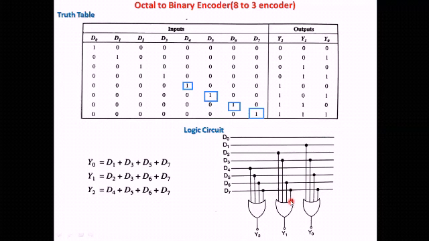Note one thing, that each of the connections is made with a bubble. This bubble shows a connection. This is one connection, second connection, third connection and fourth connection. And the output is Y1. Next is D4, D5, D6 and D7. It is connected to an OR gate and the output is Y2. So Y0 is the LSB and Y2 is the MSB. So the logic circuit of the 3 to 8 encoder or octal to binary encoder is complete. I hope this is clear to all of you. Now let us move to the next slide.